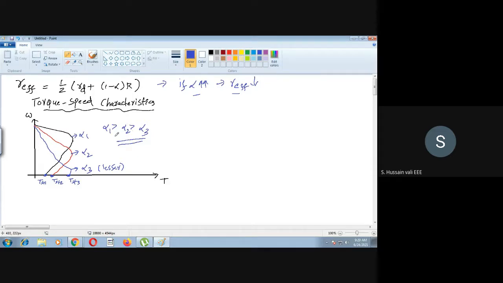Static rotor resistance control: how did we get this? It's a static control, that is using semiconductor devices. We are controlling the effective resistance of the rotor. That's it. Now we'll draw the block diagram here, the closed loop control of that. The entire picture of closed loop control we will draw now.